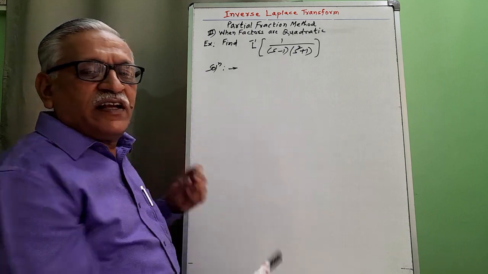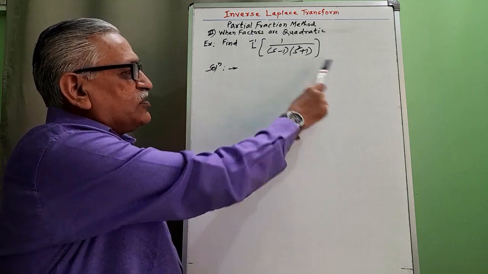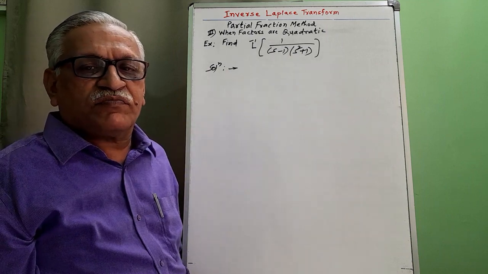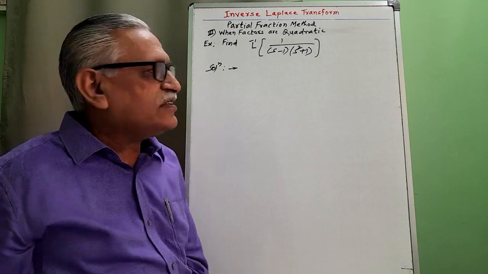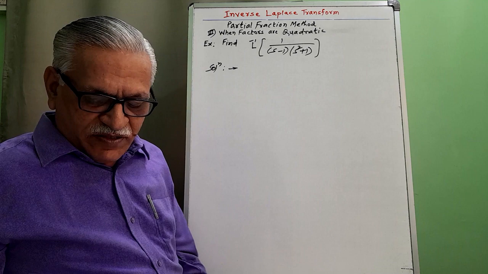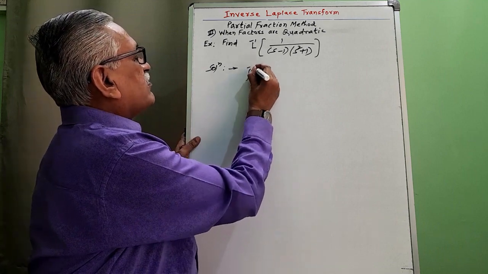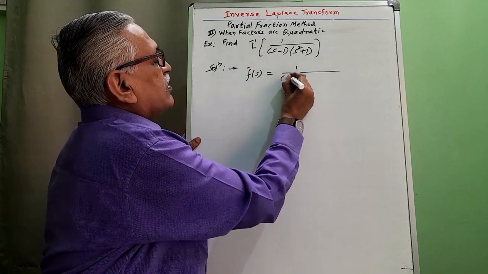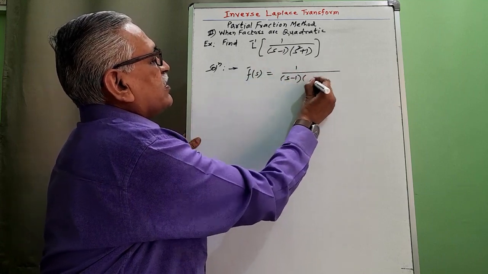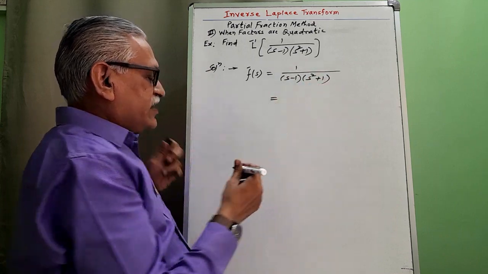The first factor is real and distinct, or different. And the second factor, if you observe, is a quadratic factor. Therefore, how to obtain the partial fractions, I will explain with the help of this example. Given f bar of s is 1 upon (s minus 1) into (s square plus 1). This we can rewrite as,